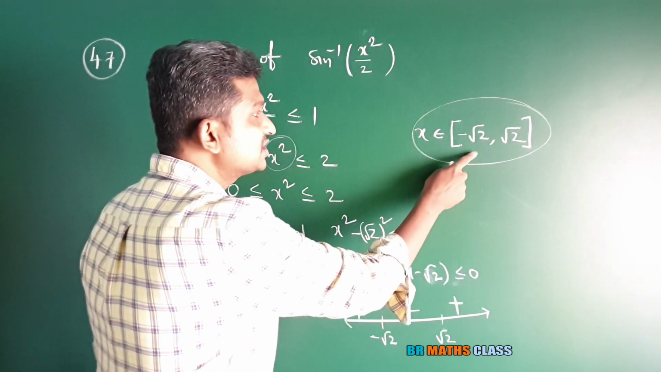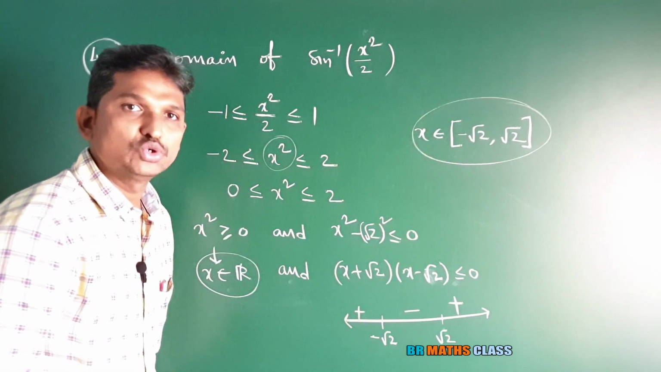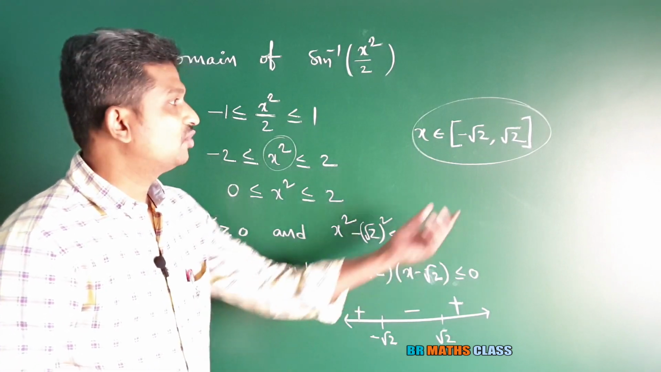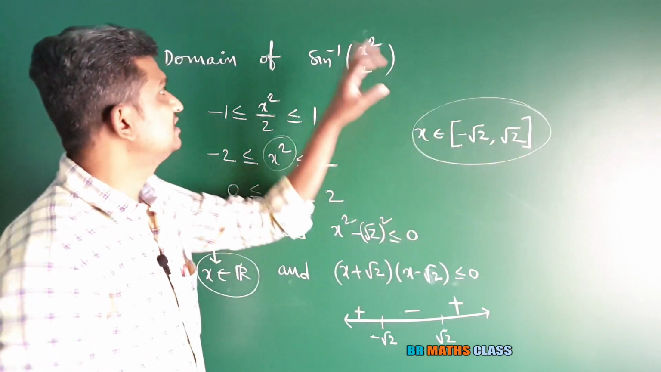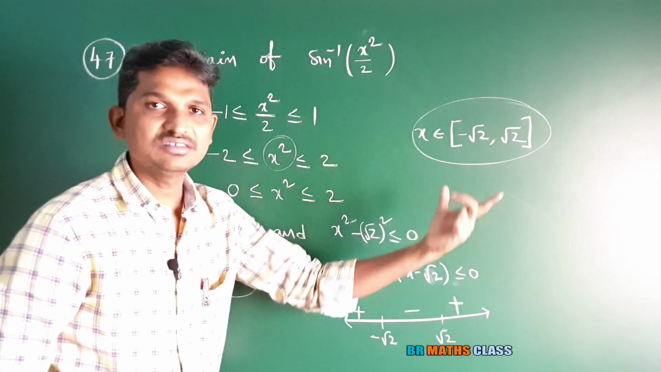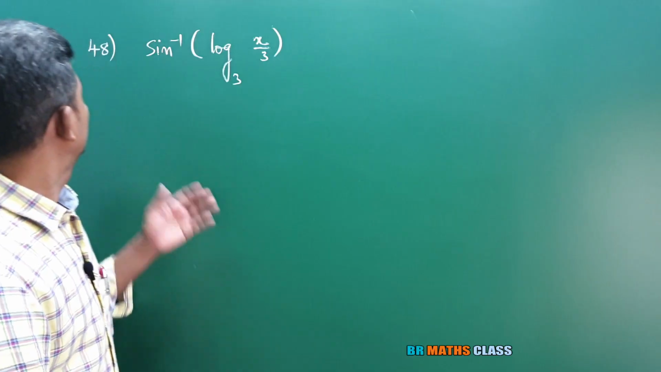So the domain of this function is what? Closed interval minus root 2 comma root 2. So whatever x value you take in this interval, this function is defined. That's why this is known as the domain of the function. You observe this question number